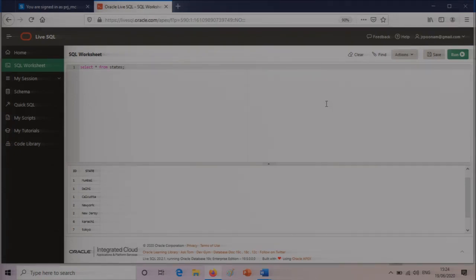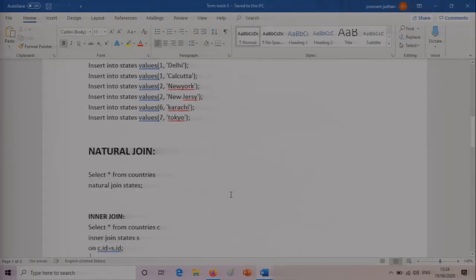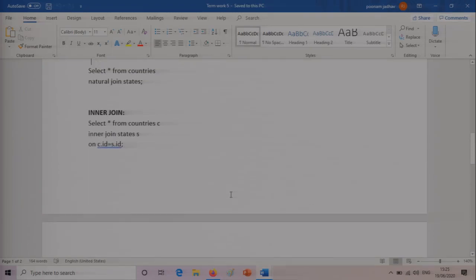So you can think of any tables like this, need not be these 2 tables only. Think of any 2 tables which have their own independent extra entries in them, which do not have the concerned entries in table 1 or table 2. Okay, so this is the idea. So let's do the first join, that is the natural join.